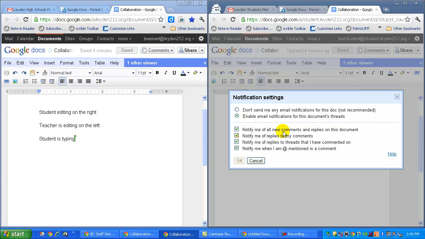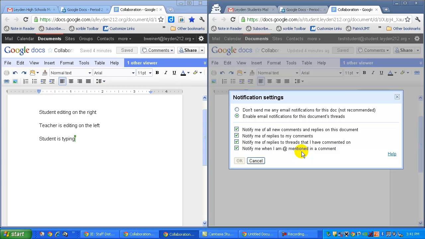Do you want to be notified about any new comment and reply from any user? Or notify you of replies just to your comments? Notify replies to threads that you have commented on? And you can use the @ symbol and a username to specifically leave a comment for somebody, which would also allow that user to choose to only be notified when they are mentioned in a comment. And these notifications are actually emails that go to the